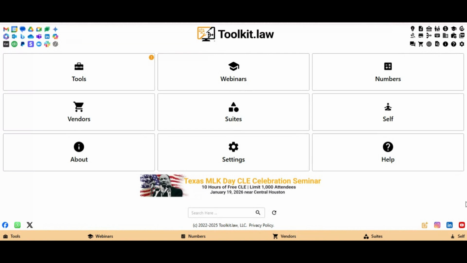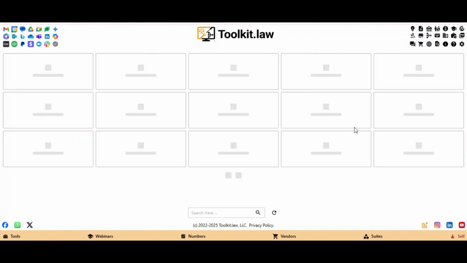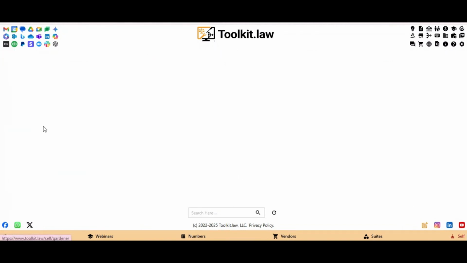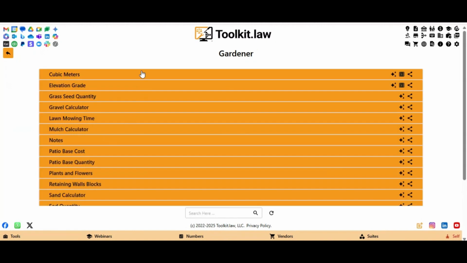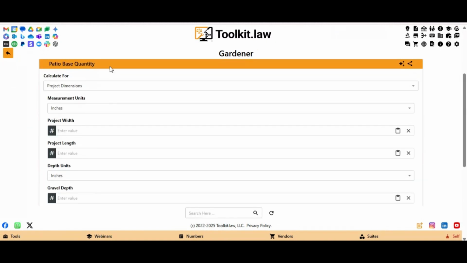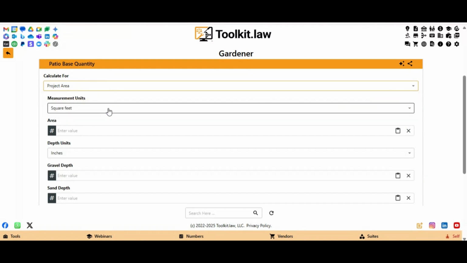Let's review how to use the Patio Base Quantity accordion on the Self page of Toolkit.law. Select the Self section, then the Gardener page, and click on the Patio Base Quantity accordion title bar to access this resource. Here you can enter your project's width, length, and depth, select the proper measurement units, and click the